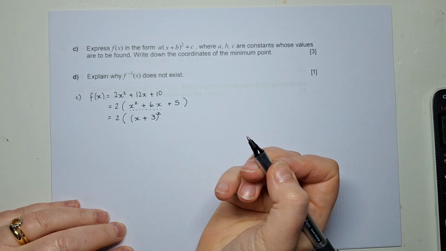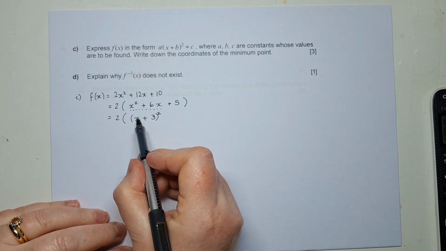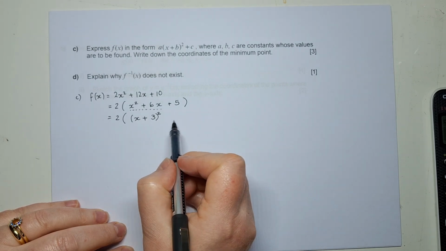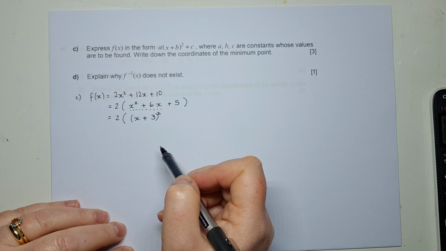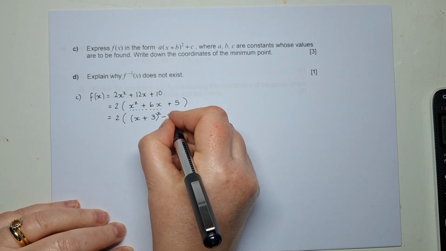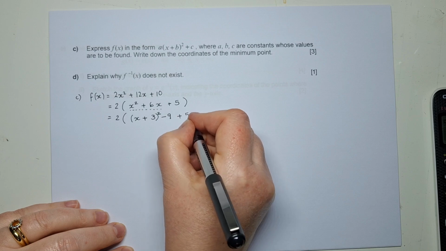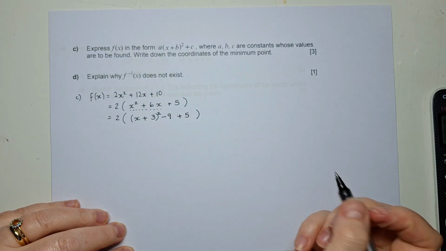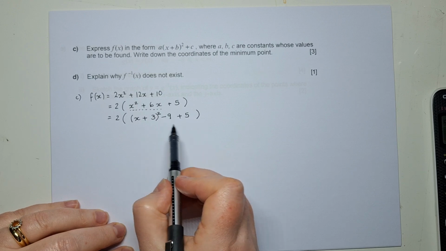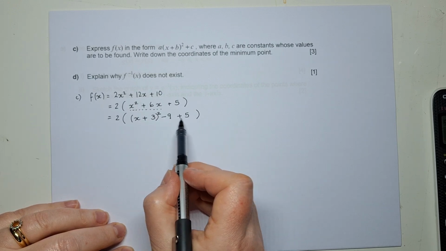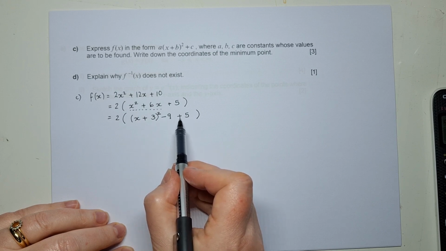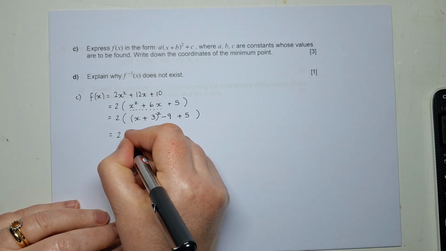Put a squared outside that bracket and then realise that what you've done there is you've created an x squared, you've created 2 middle terms that will give you the plus 6x when they're added, and you've also created a plus 9 that you didn't want. So you subtract 9 and then you've got that plus 5 tagging on at the end. Okay, so the minus 9 and the plus 5 are both inside this bracket this time, so we're going to join these two together first, start on negative 9 and climb up 5 on the number line, and that gives you